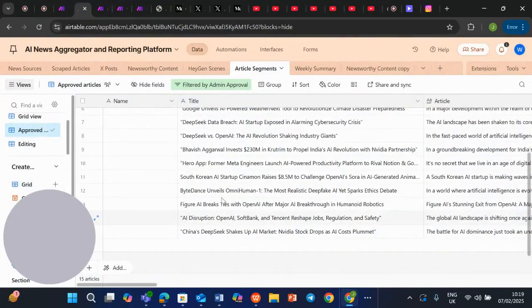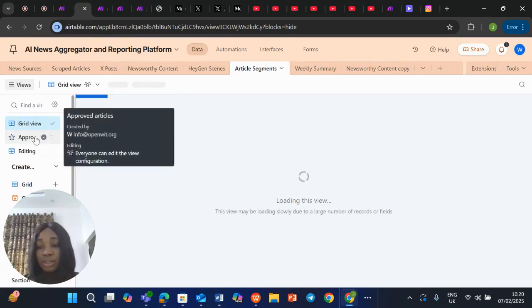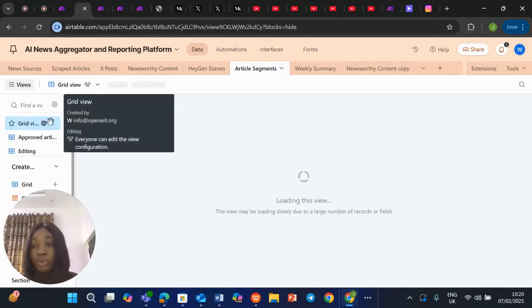So this is Airtable. The grid view contains everything, every new news that gets generated. Every news that gets generated is in the grid view. So once an article gets edited and approved, it gets sent into the approved article view. So how did we generate this approved article view? You'd right click